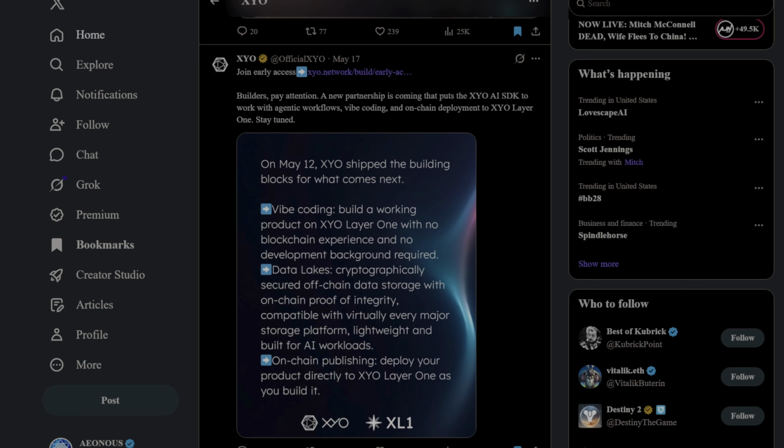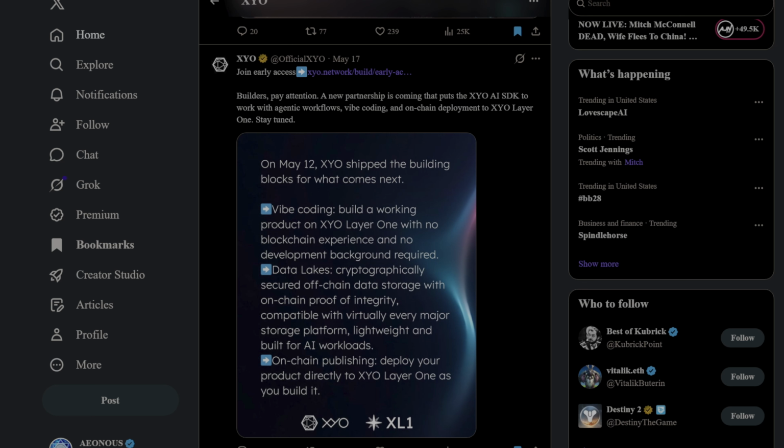In this video I'm going to be going over some updates for XYO. Before I get into the charts, I want to go over some updates that pertain particularly to the project itself and what they're doing, going over the last couple of months. The first thing is going to be the XYO AI SDK, or the software development kit for the layer 1